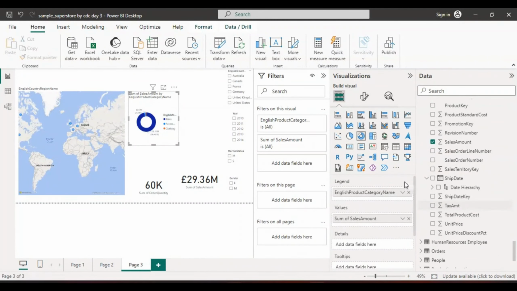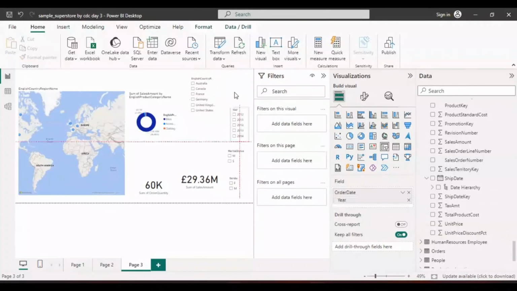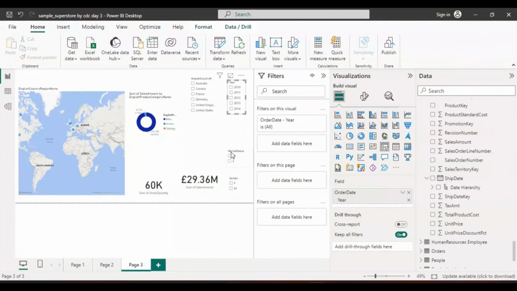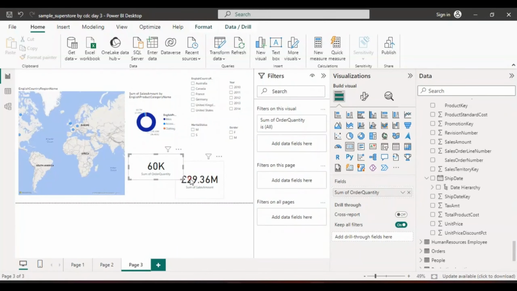So let's just use this for the sake of explanation so that we can see how it works. And now having this data